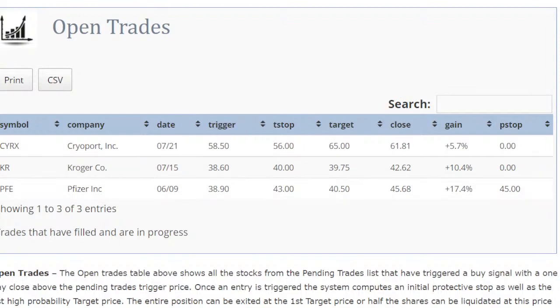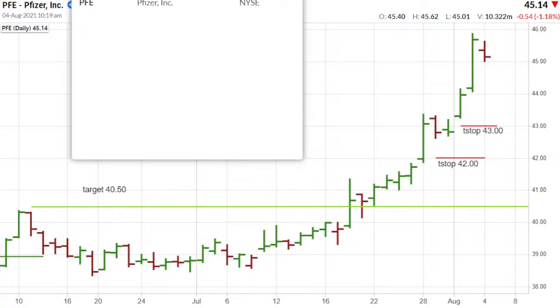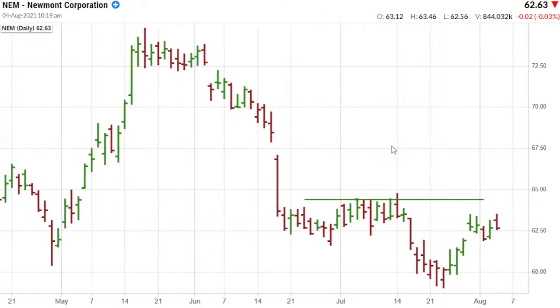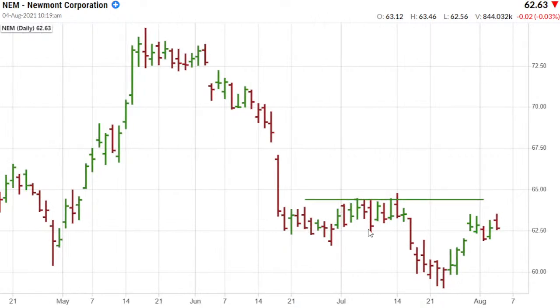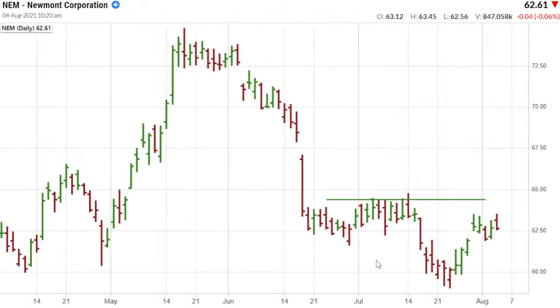So I figured what we would do is take a quick peek at the pending trades and see what they look like. And of course, on the pending trades, it's kind of the same thing here. There's only 3 remaining. What was the one that was on there? Yeah, there was one on there, this Newmont, that I mentioned would probably, I just off the top of my head, there's actually a few more I think that dropped off, but this is actually an